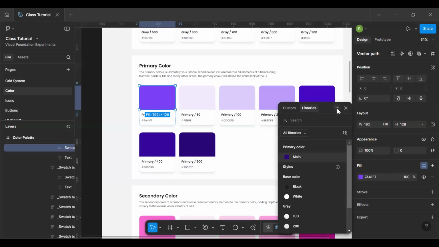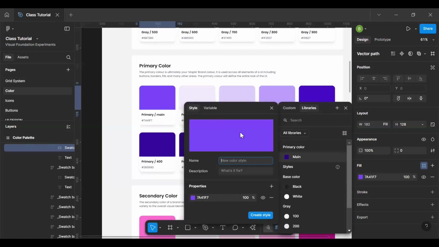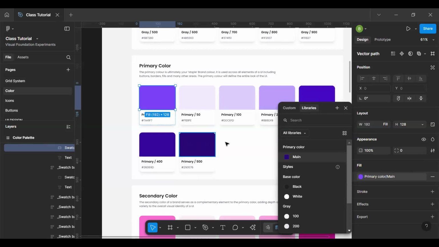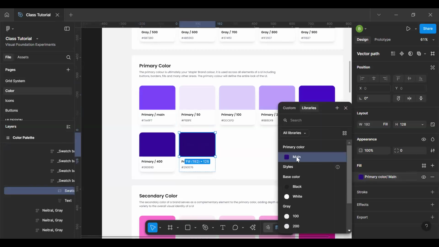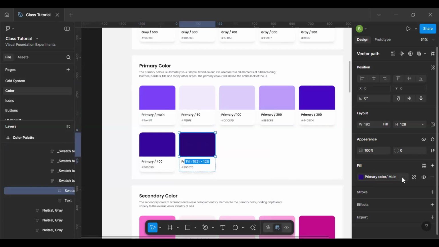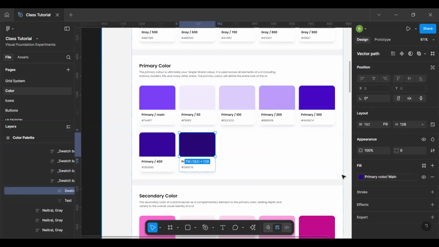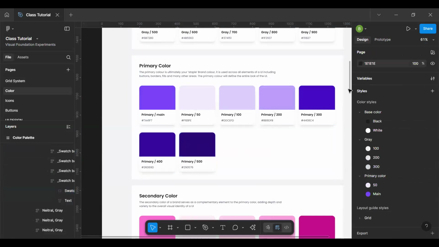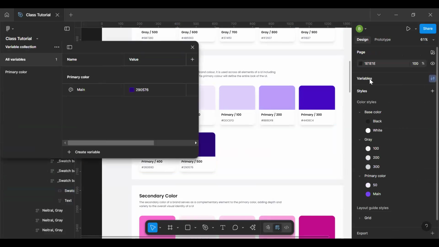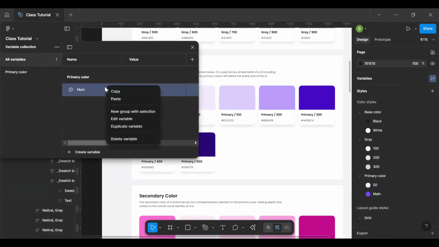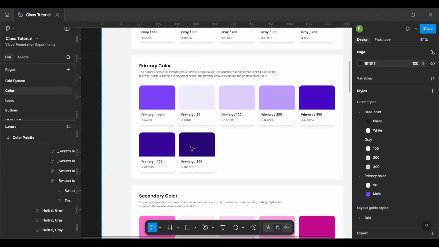I think I made a mistake while trying to fix this. So this is my main. This is not my main. Oh, and I think I created this as a variable. I created this as a variable. Let me change that. Okay, so